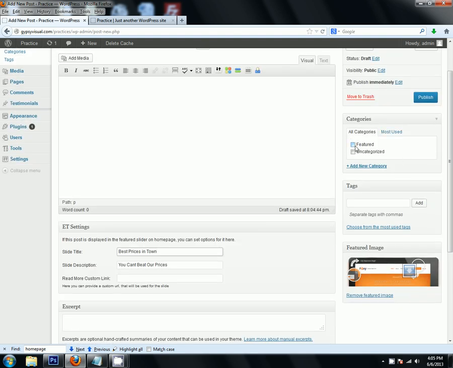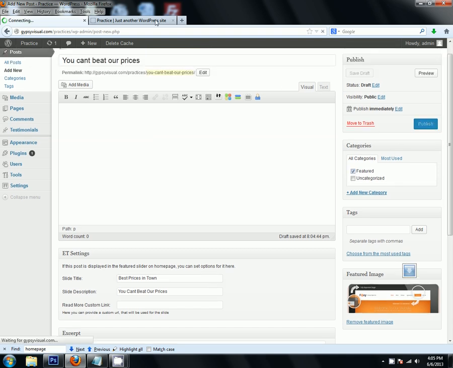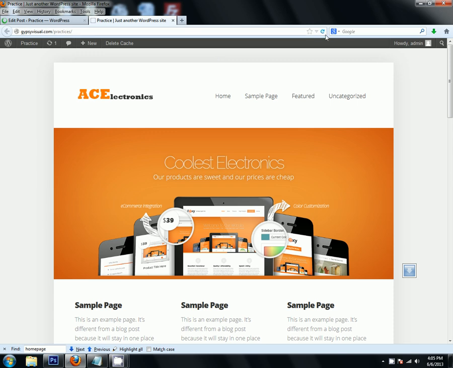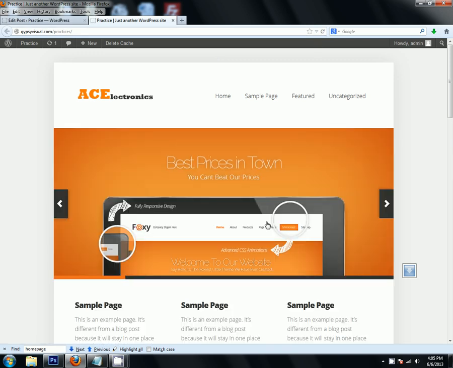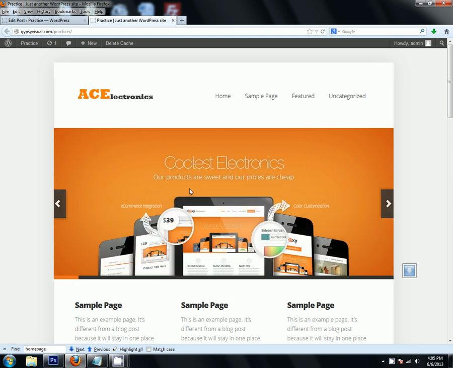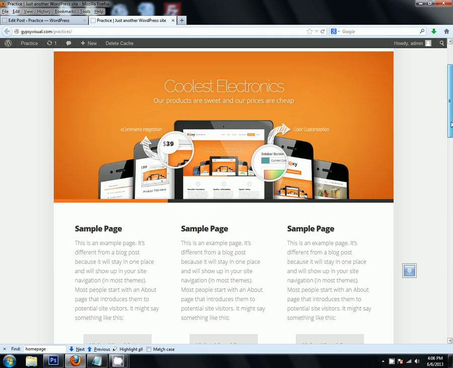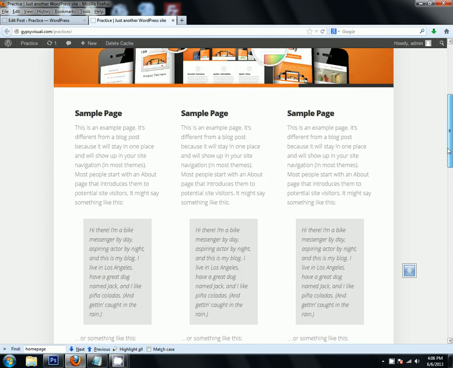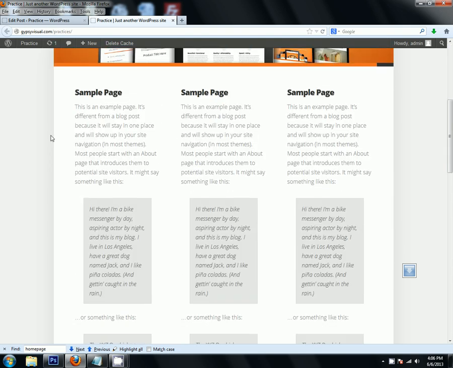Don't forget to set your category to featured, and then go ahead and publish. Now we should have a working slider with two. There you go. So we'll have both of these posts that we just created, so that's how we go ahead and do that. Now let's go ahead and configure these three